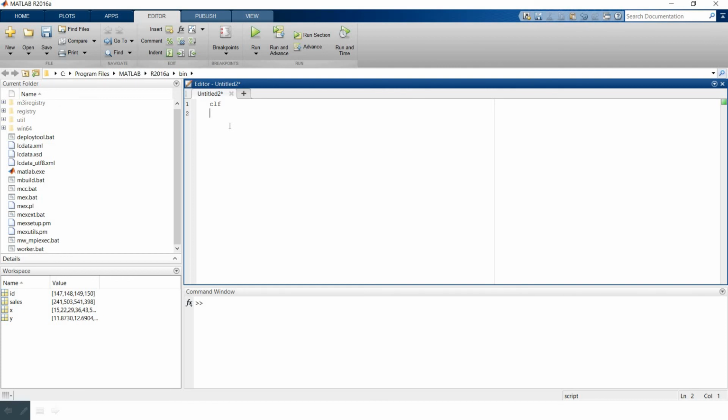So let's define a variable ID is equal to 147:150. Here also we will suppress the output. Then sales is equal to 41, 503, 541, 398.